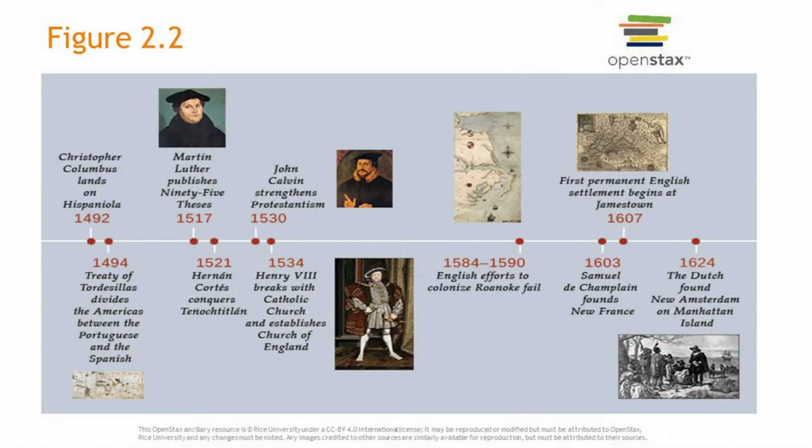Next, let's move on to another timeline here. So now we're starting. We have Christopher Columbus in 1492, and shortly after that, we have 1494. We're looking at the Treaty of Tordesillas. This is important because it really divides America between the Portuguese and the Spanish. And if you can imagine a line drawn just on the west side of modern day Brazil, that's where the Treaty of Tordesillas lays geographically.